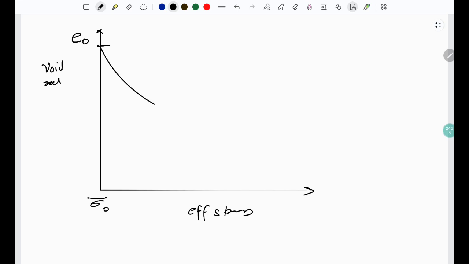We see as the load is coming, the voids are decreasing, there is settlement going on, there is expulsion of air, and then there is expulsion of the water. So the void ratio decreases to a point, let us say e1, and at this point we reached an effective stress of sigma 1 bar. Now when we lift this pressure,